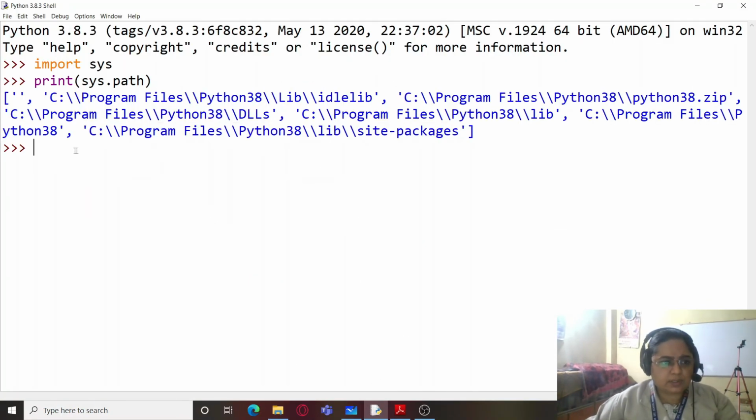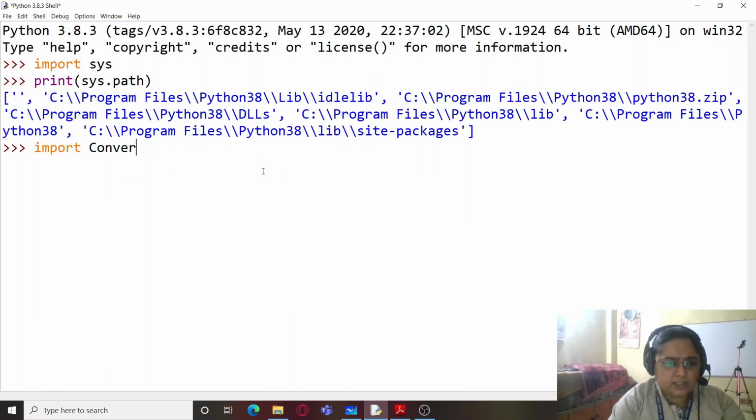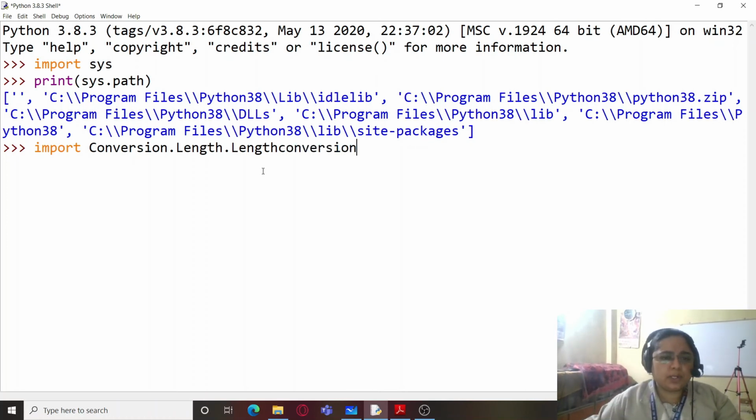Let's check this out. We will be writing here import conversion.length.length conversion. As I had already told you beforehand, in order to call the module, you need to call all its folders, all its namespaces. So here firstly the main folder, which is the library, then the folder which is the package, and then the name of the module.